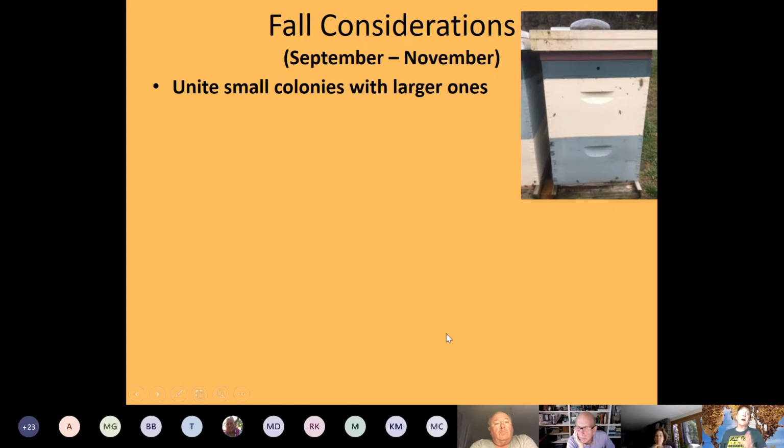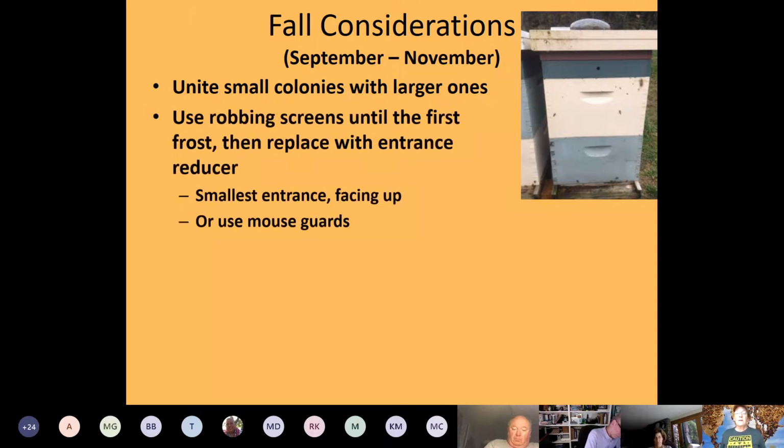So it's better to combine those colonies now, get one strong colony through the winter, and then split in the spring and either buy a queen or let them raise a new one when it's warm enough and there are drones out. So right now, I mentioned this earlier, you should have a robbing screen on, especially if you have yellow jackets. Consider using a mouse guard if you don't have that, or if you live in a rural area where